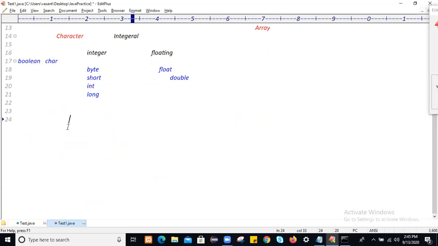Let's go for the next. Data types and the default memory allocation for those data types. So data types, and then we'll say default memory allocation for that particular data type, and default value allocated to that data type.